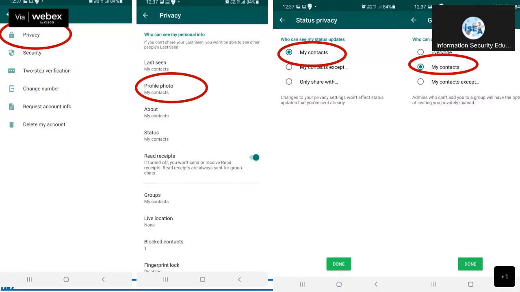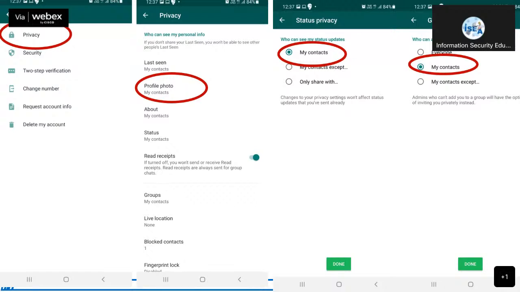If someone else wants to add you, you need not worry. You will get a notification saying Jagdish wants to add you into his WhatsApp group. If you believe Jagdish is a genuine and known person, you can allow him to add you. If you deny, nothing will happen.